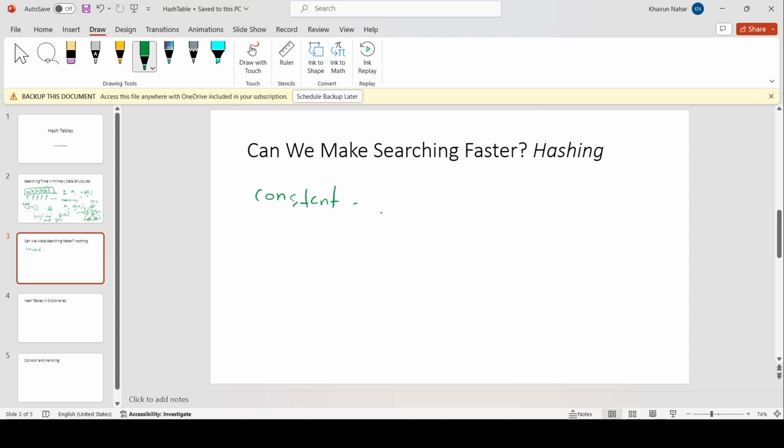কনস্ট্যান্ট অ্যামাউন্ট অফ টাইম বলতে বোঝাচ্ছি আমি একাধিক নোডে অথবা একাধিক ইন্ডেক্সে খুঁজবো না, লাইক ইন আ লিংক লিস্ট আমি একাধিক নোডে খুঁজবো না, আমি অ্যারেতে একাধিক সেলে যাব না এবং ট্রিতে আমি একাধিক ভার্টেক্সে খুঁজবো না। কি করব? আমি ডিরেক্টলি একটা নোডে যাব অথবা একটা সেলে যাব এবং এখান থেকে আমি আমার এলিমেন্টটা খুঁজবো, যদি থাকে তাহলে রিটার্ন ট্রু, আদারওয়াইজ রিটার্ন ফলস। সো what we want to do is we want to skip the sequential search